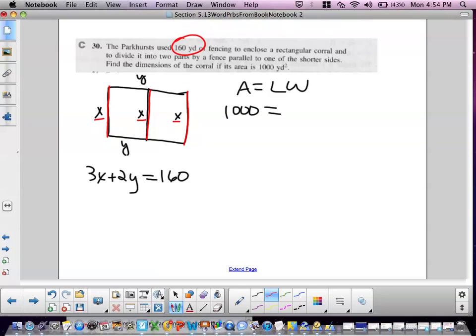So I'm thinking about the perimeter formula, but we have to adjust it a little bit. I have 3 x's, so I'm letting the horizontal dimension be represented by y. And if I have 3x plus 2y, that gives me the 160 yards of fencing. So what I have to do is solve this equation. I'm going to solve it for y, so that I simply have an expression left with only the variable x in it. So on the way to doing that,